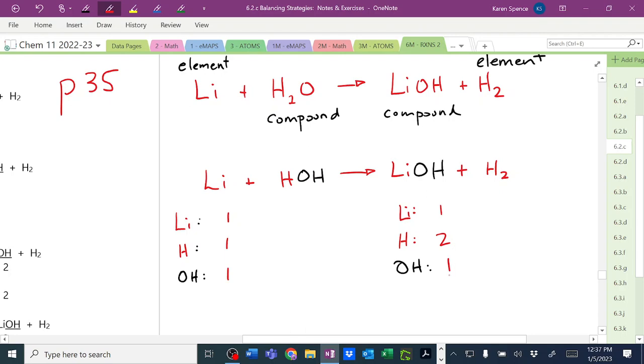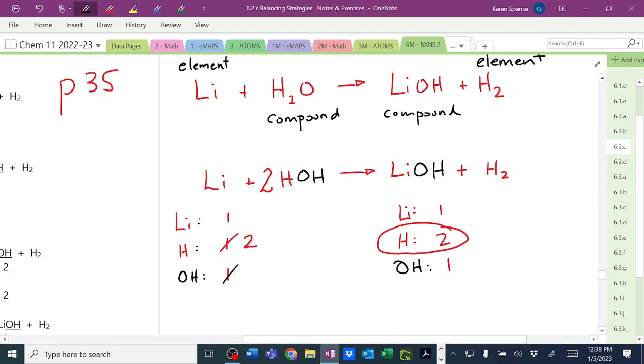So let us fix our hydrogen by multiplying this by 2. You'll notice that I'm not including, oh, hang on. Oh, no, we're good. Yeah, if I multiply this by 2, then we have 2 hydrogens, but we are also